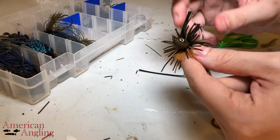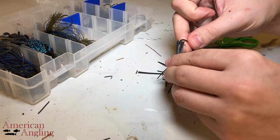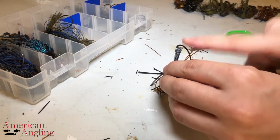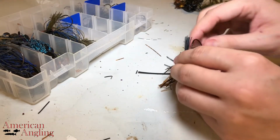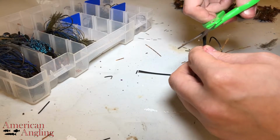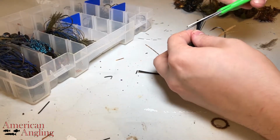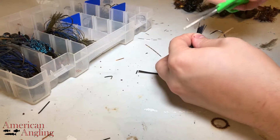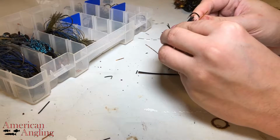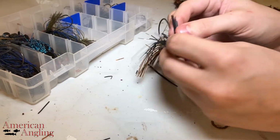All right, and next we have the brush guard itself, the weed guard. So I'm going to take a little bit off that. If you look at it, you can see how it goes past that barb. I like mine to be about to that barb. So what I'm going to do is just take it right in the corner. About right like that. So from there,